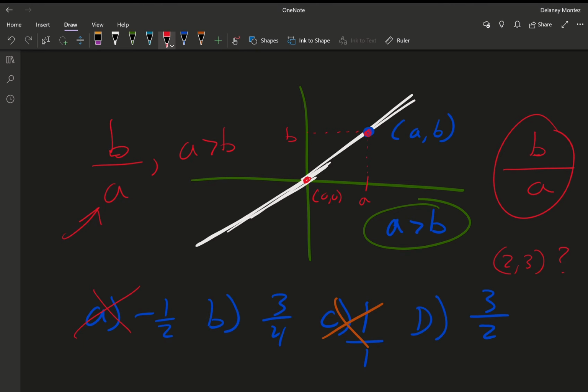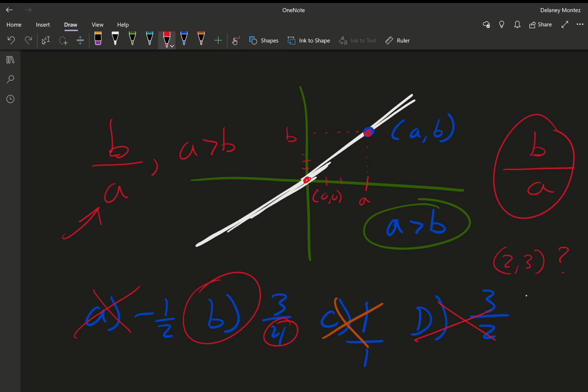It couldn't be, right? Because if 2/3 were on the line, then we would go over 1, 2, and then it would be 1, 2, 3, and it should be something like that, right? So it couldn't be that. So what could it be? Well, let's see. What we have with the possibility is the last one remaining, which is 3/4. And that makes sense because we're going over 4 places, 1, 2, 3, 4, and then we go up 3,